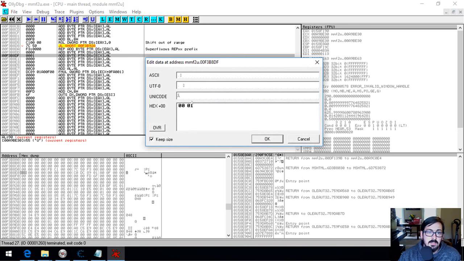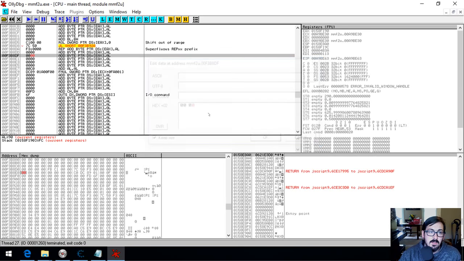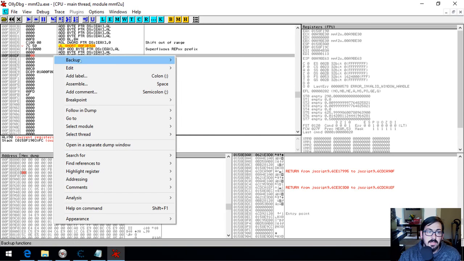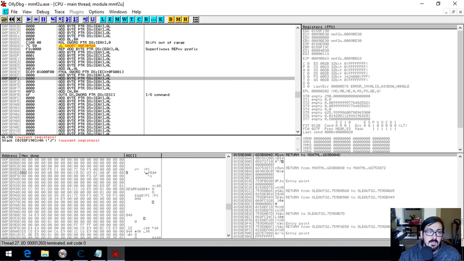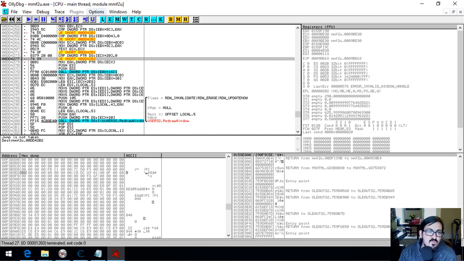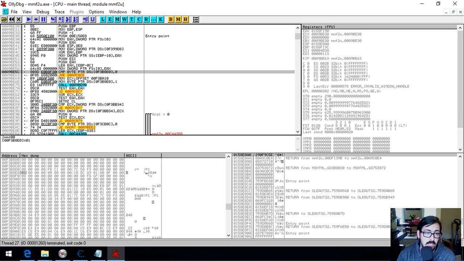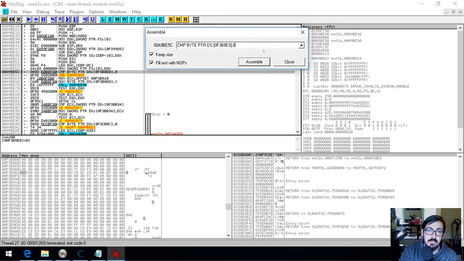Binary edit. That's going to change. Yeah, no, we can't. Okay. So this one here is the one that we need to modify, it should be a 1. Because, yeah, if we set it to 1,